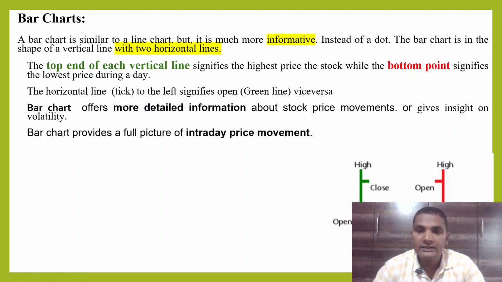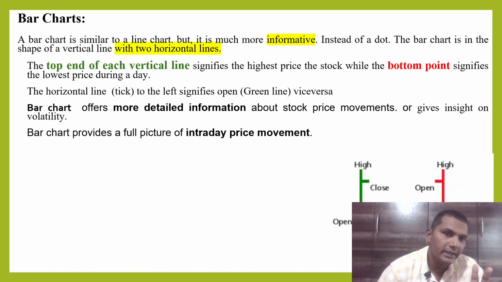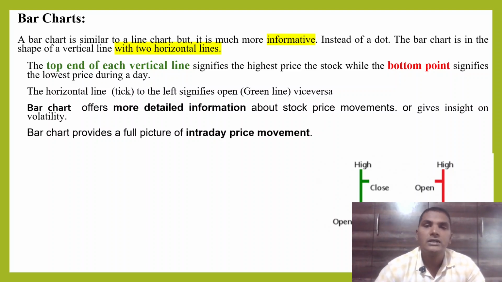Then the bottom point of that line shows the lowest price of the stock on that day, or in that certain time period. This bar chart can be of any time period. You can see 2 minutes, 3 minutes, 4 minutes, 5 minutes, one day, month, weekly, you can see it in different time frames. So the bottom of the vertical line shows the lowest price, and the left tick